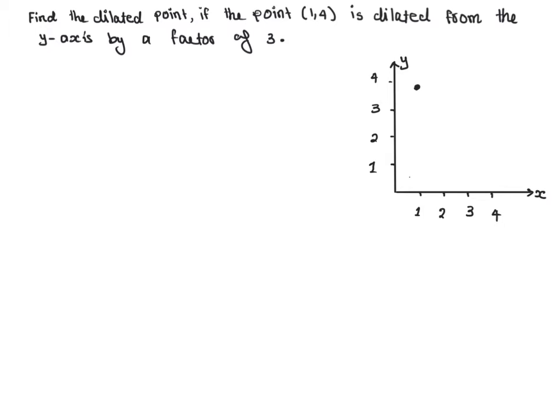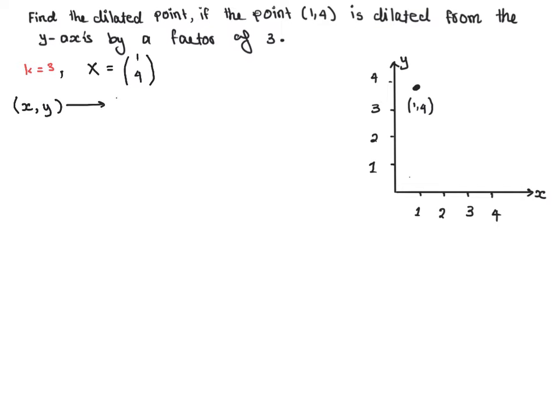So let me note down what we know. We know that k is going to be 3, and the point which we're dilating is equal to the old point x, the big X, which if we write in vector form would be 1 comma 4, which is here. That's 1, 4. Now, again, we are dilating it from the y-axis, so only the x will change, and the rule which allows us to change is as follows: x, y